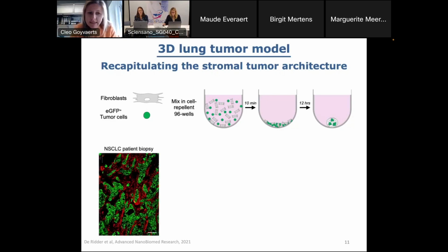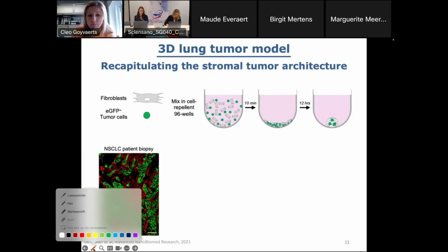To give you an idea, this is a non-small cell lung cancer patient biopsy, where I'm sorry for not putting the legends here, but in green we have keratin staining for the tumor islets that you can see, all those green islets. And in between you see in red alpha smooth muscle actin, which is a typical marker for extracellular matrix. And you nicely see this islet stroma division. Important, it's, for example, this stroma that makes it difficult for immunotherapy to do his thing, because often immune cells just get stuck in this stroma, which is something, if you have a monoculture, you will never